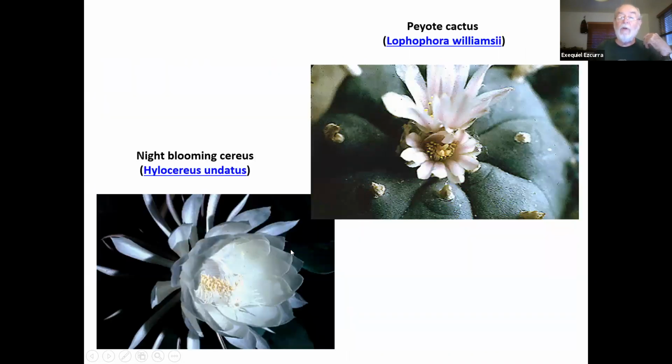So you can count the number of carpels by looking at the flowers of the cacti. Some cacti have smaller flowers in the Chihuahua Desert, all the way to New Mexico. Cacti have relatively small flowers. For example, peyote cactus, Lophophora williamsii, that is so much used by many of our native tribes for ceremonial occasions. It's highly hallucinogenic. It's a fairly inconspicuous flower, but then there's a group of night blooming cacti, normally white, in